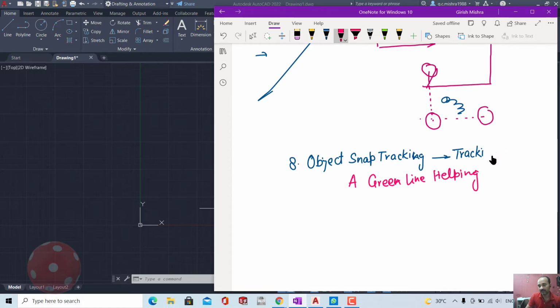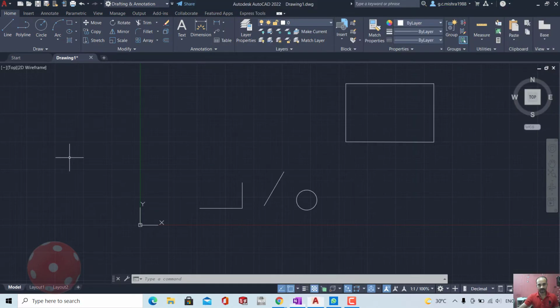For a beginner, it should be on. But suppose you have 20 objects on the screen, then this tracking will provide you several lines. If you are getting 20 green lines, then it will be confusing.